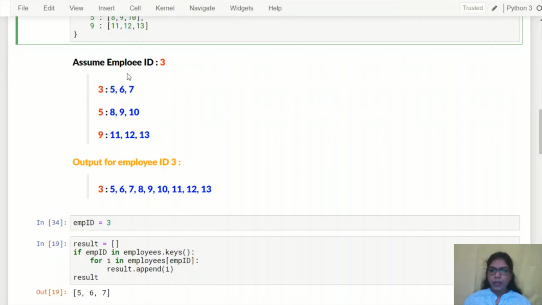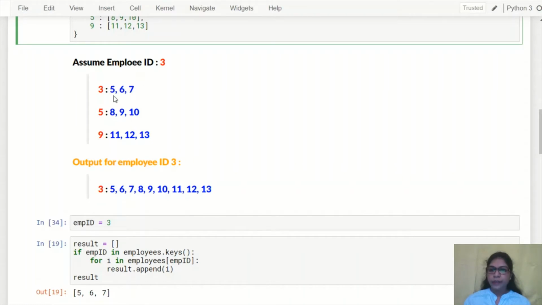Assume employee ID 3. If we take the input as employee ID 3, then we have 3, then 5, 6, 7 in this hierarchy. So the output for that employee ID will be: 5, 6 and 7 are the direct employees who report to 3.